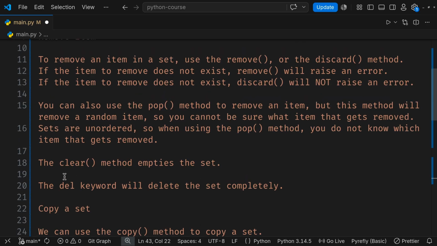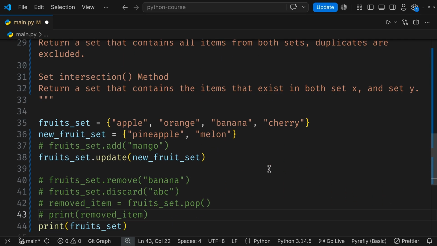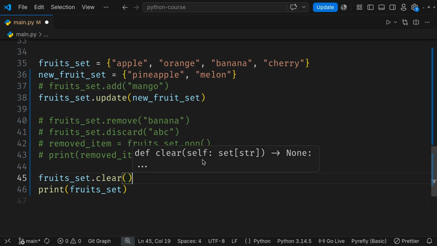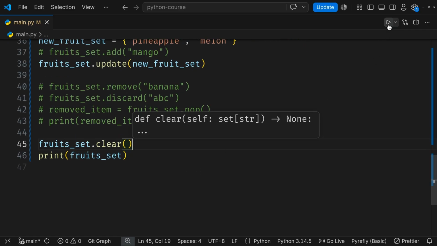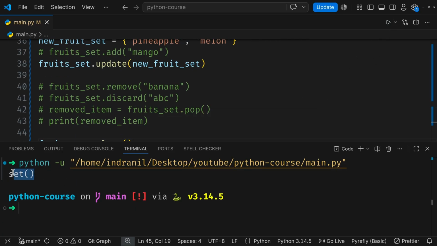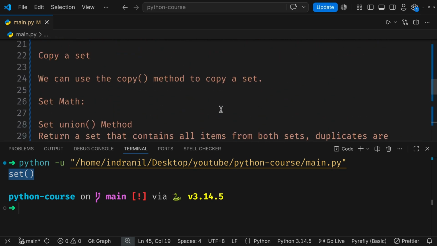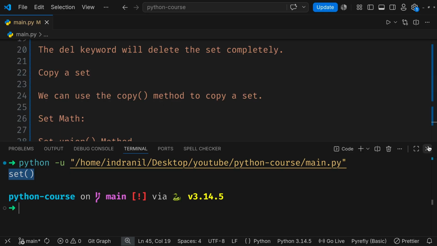Then we have the clear method, which empties the set. So what we can do, we can do something like this. fruit_set.clear(), and just like that, run the program once again, we are getting a set back, and this set is an empty set. So this is how we can remove all of the items from a set by using the clear